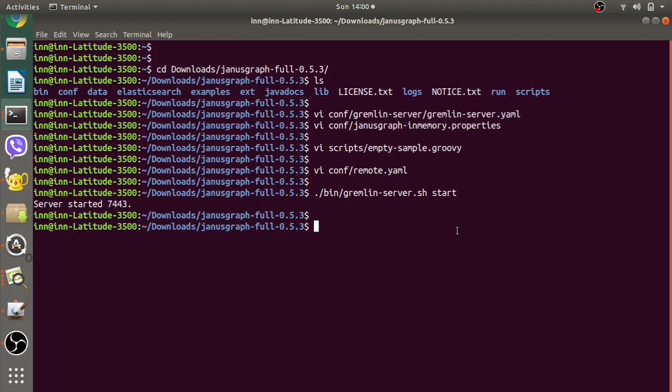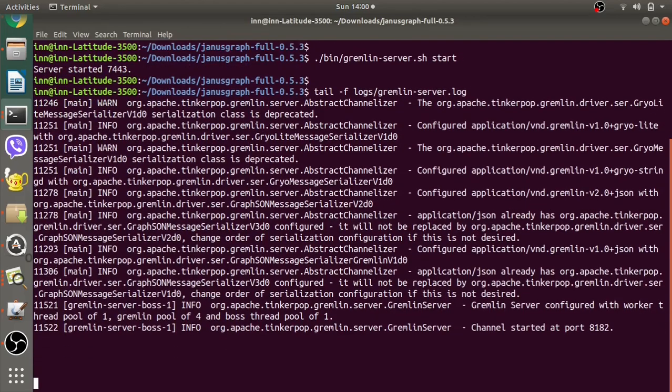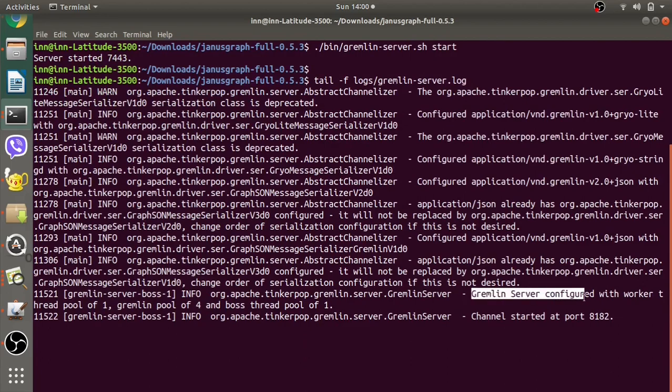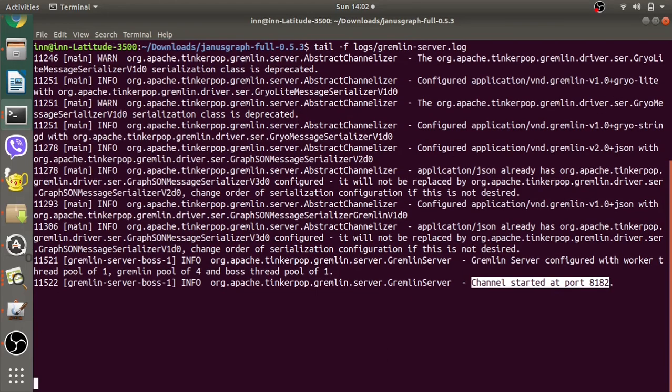We can also check the same in the logs, which is located in logs, gremlin-server.log. It says that Gremlin server configuration is working and channel is started at port 8182. Let's leave this log file open and go to another terminal to connect to this server as a client via Gremlin console.